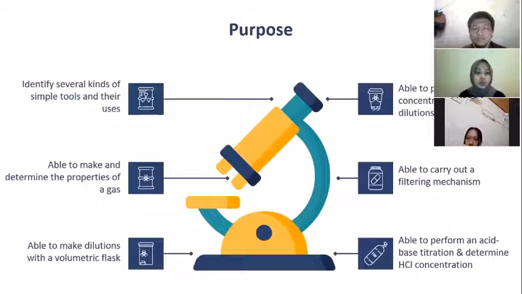Purpose. Identify several kinds of simple tools and their use, able to make and determine the properties of a gas, able to make dilution with a volumetric flask, able to perform concentrated H2SO4 dilution, able to carry out a filtering mechanism, able to perform an acid-base titration and determine HCl concentration, able to perform actions that must be done when an accident occurs in the laboratory. Next,